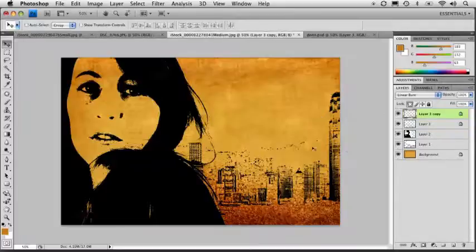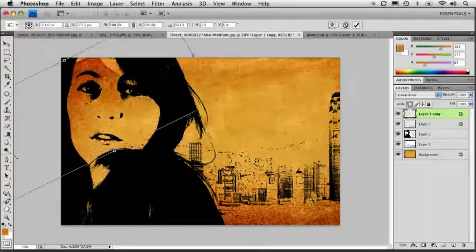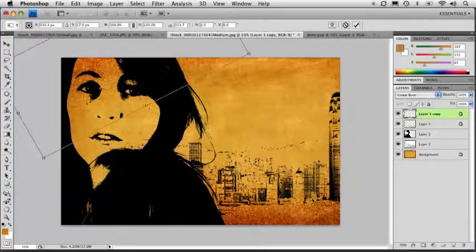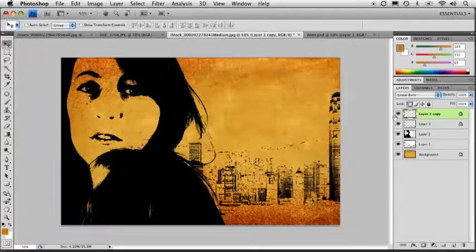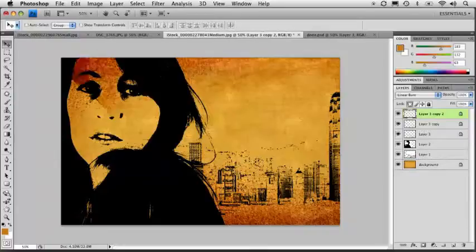And let's go ahead and duplicate that layer and drag it off to another part. Let's take the rotation and give it a little bit of rotation right in here, and that gives me kind of a spatter effect over here, just a tiny bit inside her face there, just to give it a little bit more grunge to it. Let's make another duplicate, one more, and bring it over here,